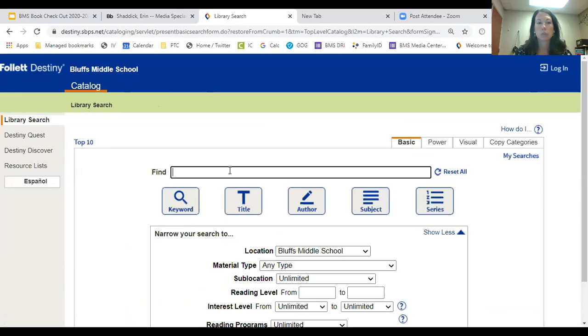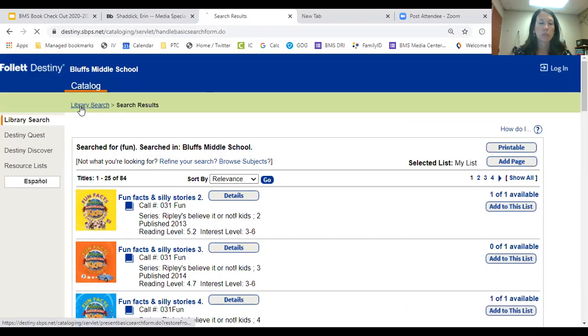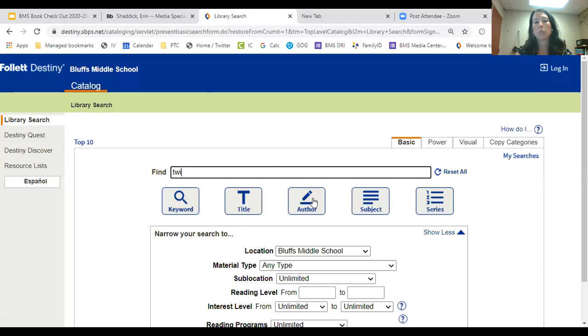You can also search by keywords. Maybe you just want to find a book that's fun. Lots of different ways to search for books. One thing to remember when you search for books is